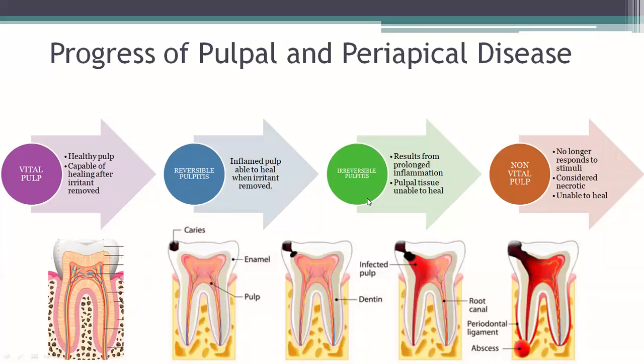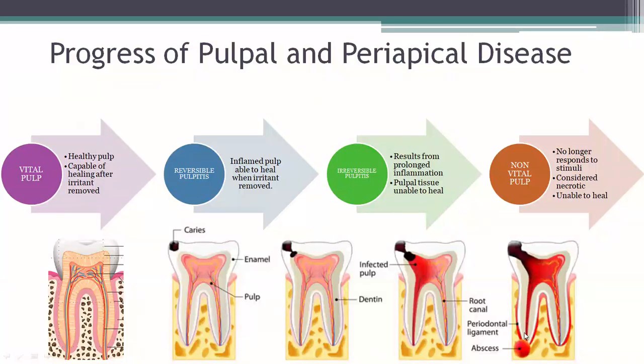At this point, the pulpal tissue is unable to heal. And the patient will come to the office saying, I am having a very, very terrible toothache. I cannot eat anything. I wasn't able to sleep last night. I took Tylenol and it didn't work. I don't know what to do. Can you please check my teeth? When patients say that, they are most likely in this stage where the tooth is fighting its last battle before it becomes necrotic. In the necrotic stage, the inflammation has invaded all the pulpal tissue and is